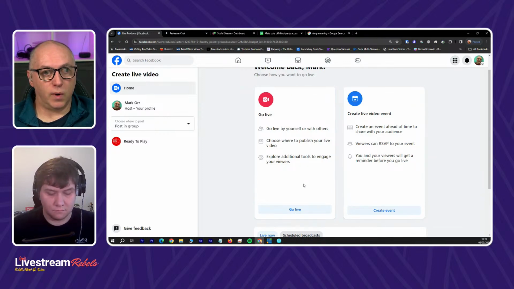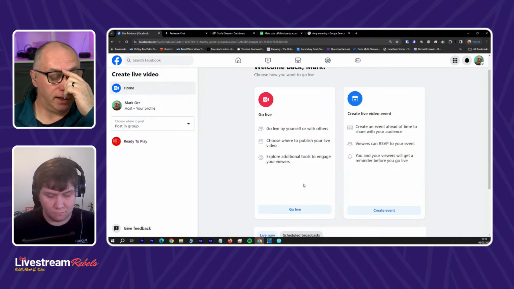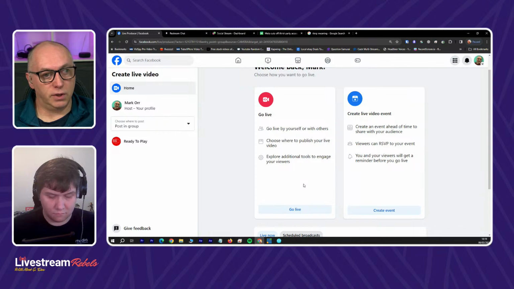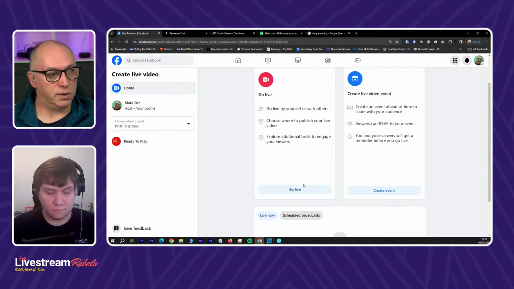So that's quite a good option if you are doing something in advance and you want to make sure that you've got an audience joining you, so they have the option to say whether they're actually going to be attending the event. Or you can literally just go live straight away. So we are going to use the go live straight away option to showcase where you would find the credentials.